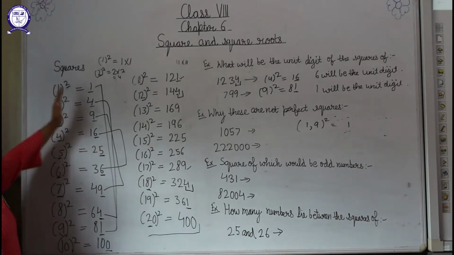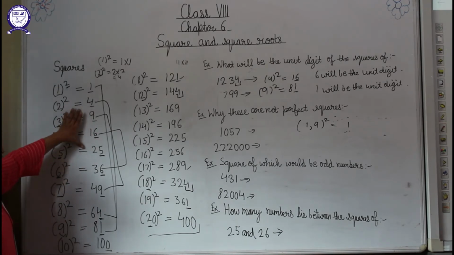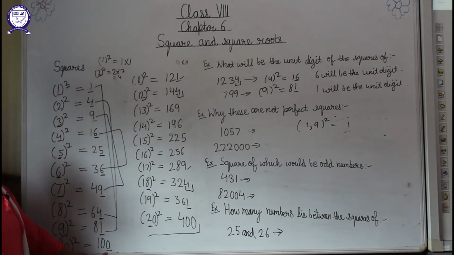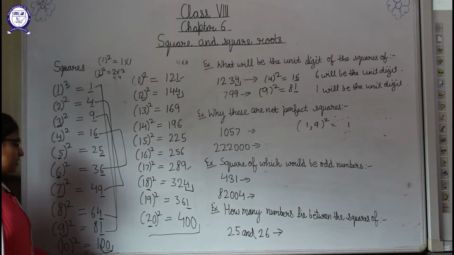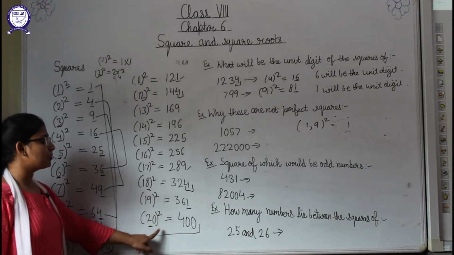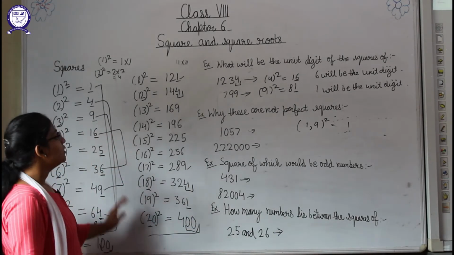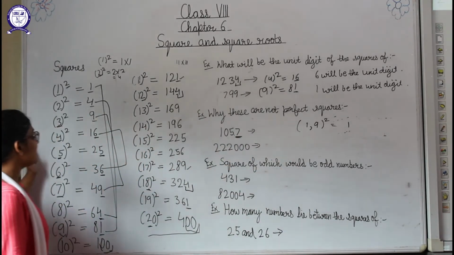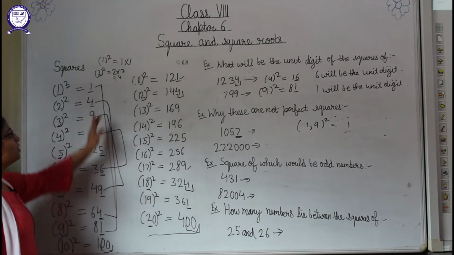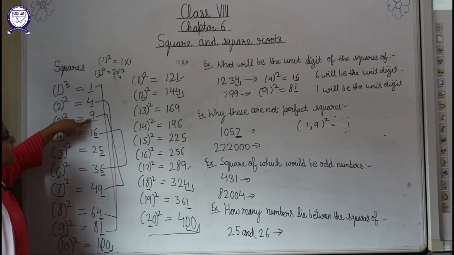Okay, so what are the unit place digits of squares here? It is either 1, 4, 9, 6 or 5. Means 1, 4, 5, 6, 9. These are the unit place digits, and 0 is also a unit place digit. But for zeros there should be a pair of zeros. In 400 there is a pair of zeros, means there are 2 zeros. In 420 also the zeros are in pair, means there are 2 zeros. Okay, so here the unit place digit is 7. Are we getting 7 in any of the numbers here? Unit place digit is 7 in this? No, because the unit place digit can be either 1, 4, 9 or 6.